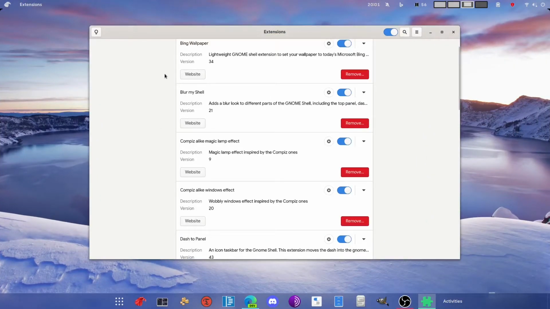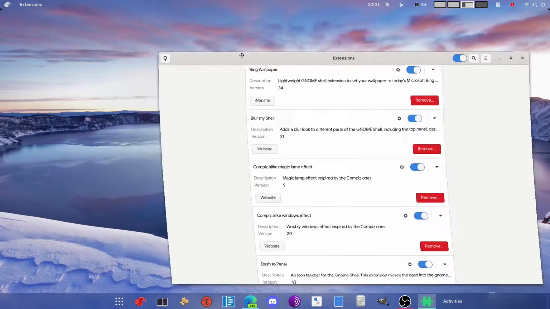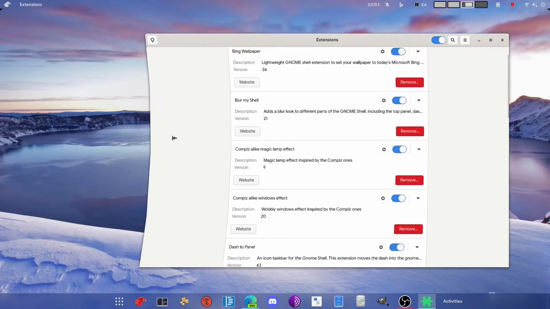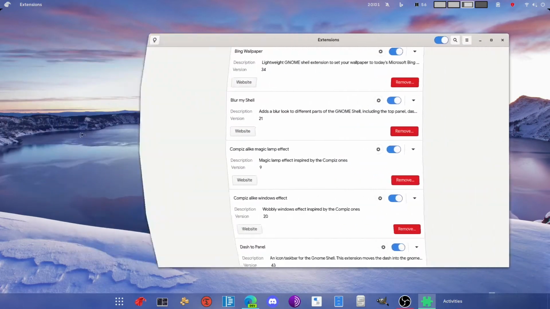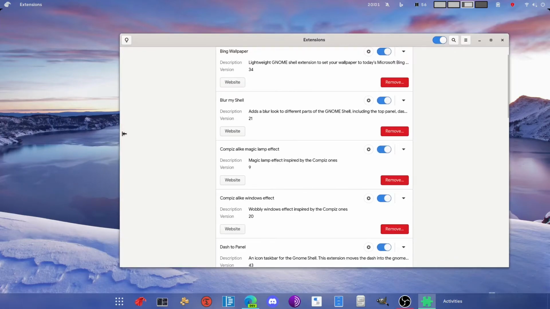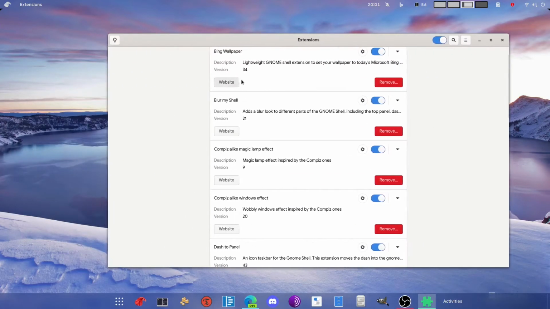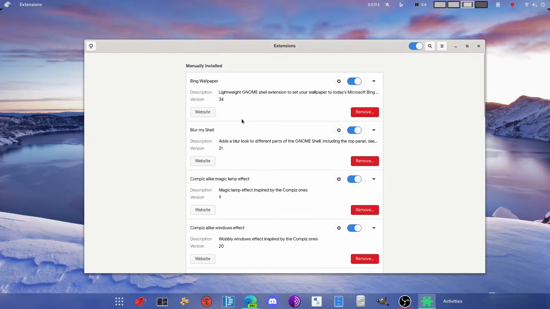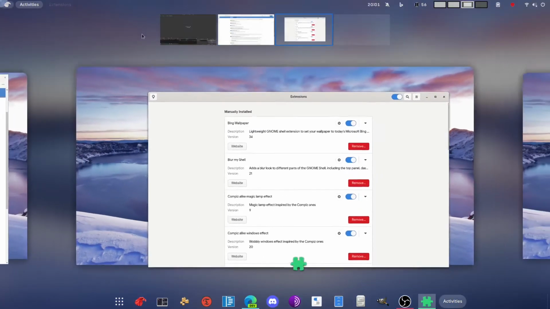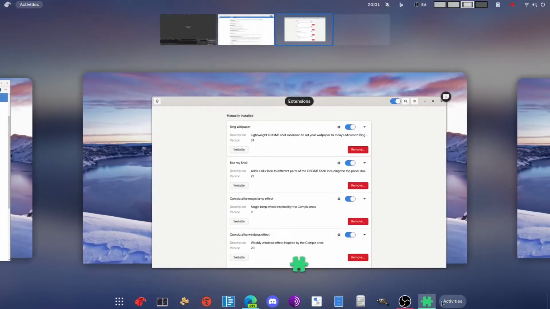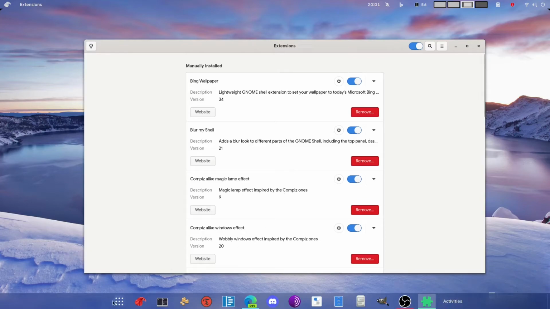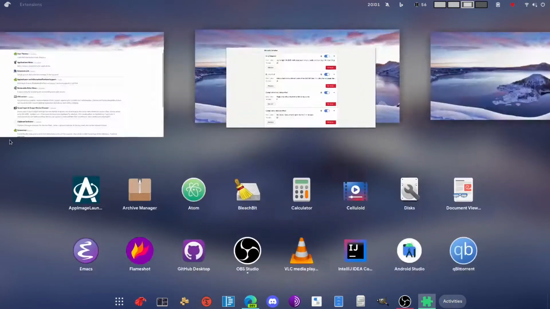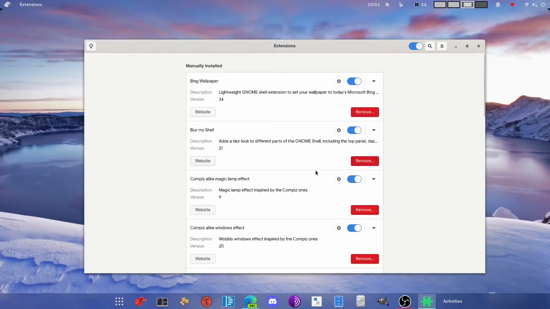And also we have Compiz-like window effect, that is this, you can see the wobbly effect. Now that's not something great, like this sizing looks weird, but it just adds life to your windows. At least I like it, so that's it. Then we have Blur My Shell to get this beautiful blur effect all over here. It also goes to your app menu. It looks really nice in my opinion.